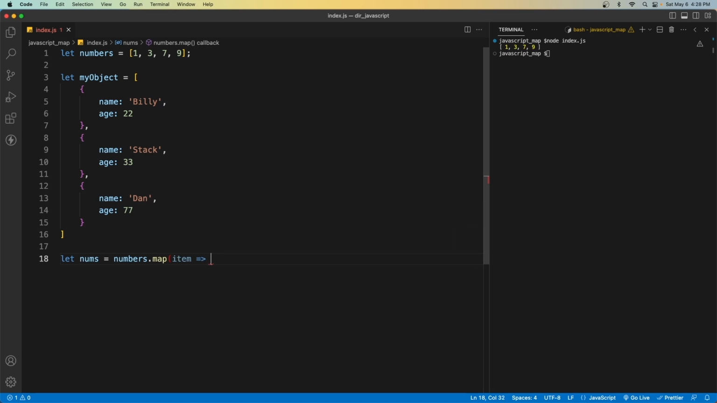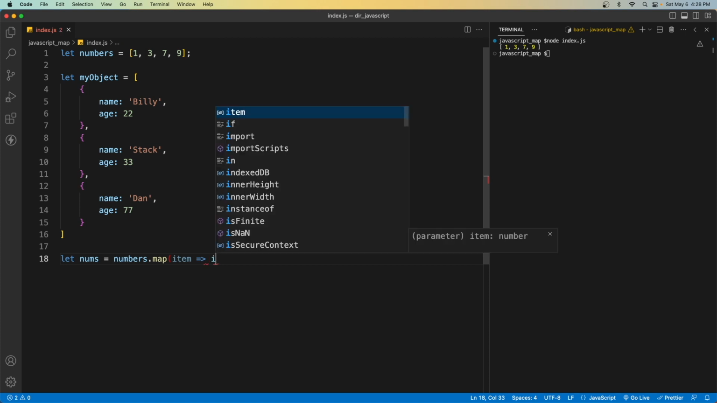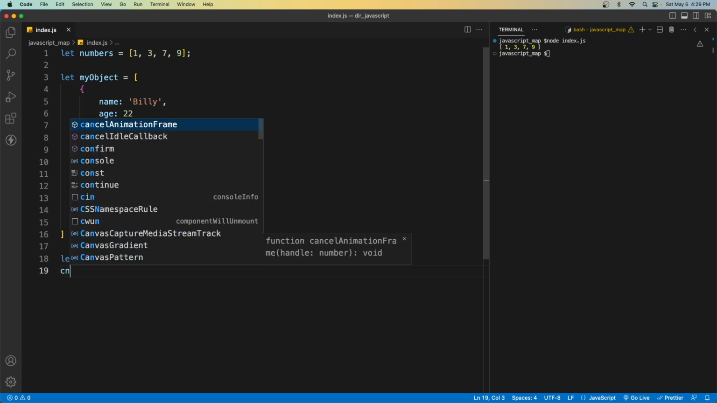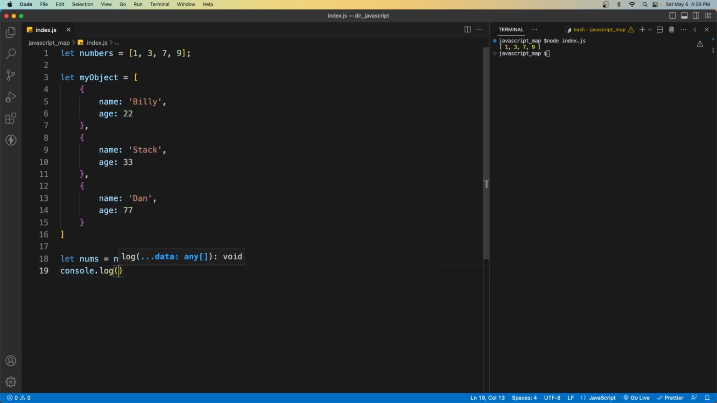So if we wanted to do console.log, well, actually, let's use the variable item and just return everything that is there. So if we console log nums, let's see what we get. If we console log nums, and I go back over to the terminal here, press up, and we see we get the exact same thing, because that's exactly what we're doing. We're just taking this iterator and going through and returning the contents of this all the way